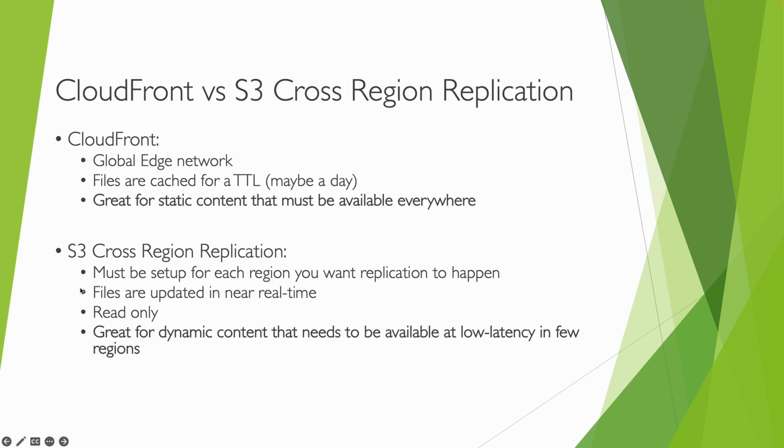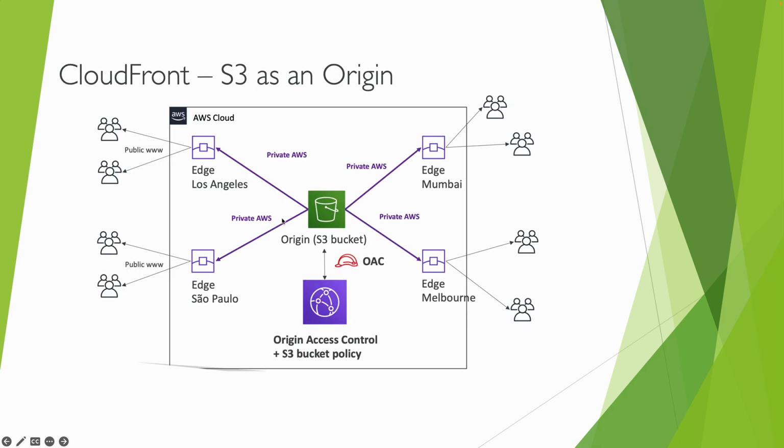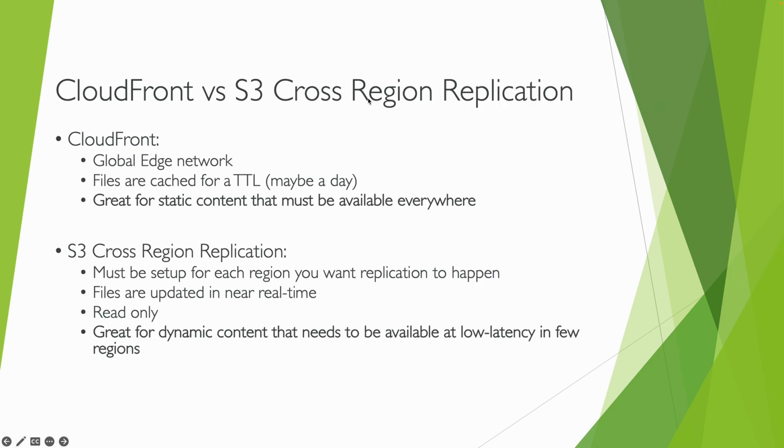Coming to S3 cross region replication, you must set up each region where you want the replication to happen. If you use CloudFront, we get the data from S3 and cache it for some time. That time is called TTL, and after that time we remove the data from these edge locations. We are not storing this data in the edge locations permanently, only for some time. When coming to S3 cross region replication, you need to maintain the same bucket and